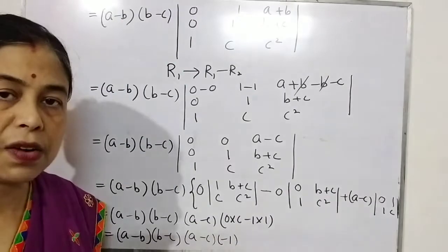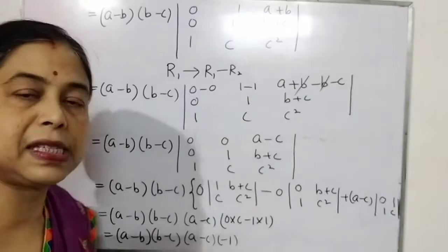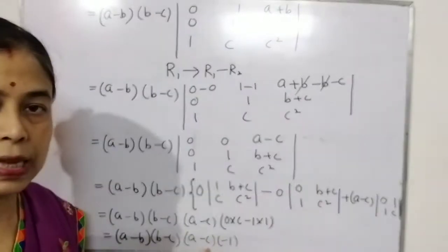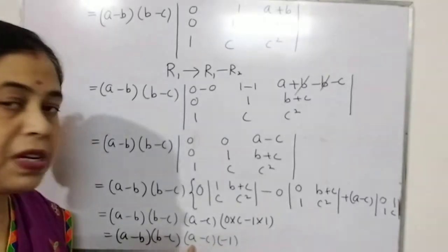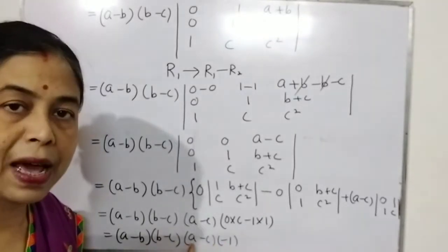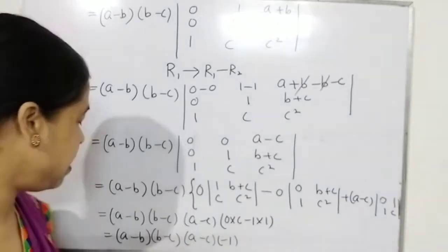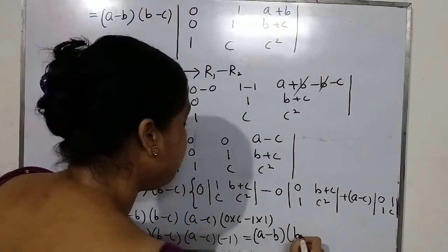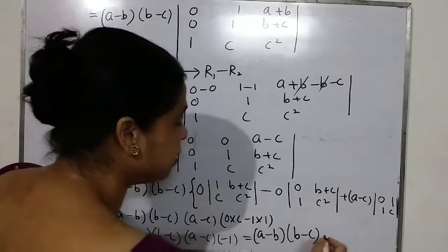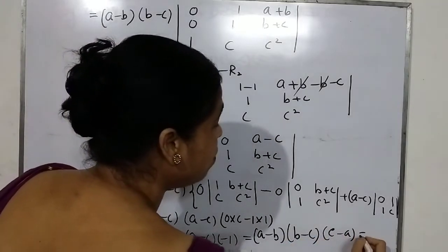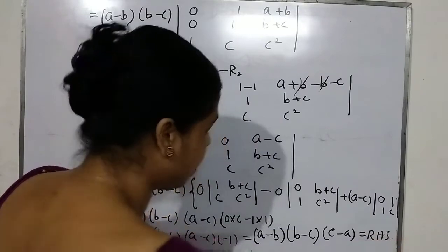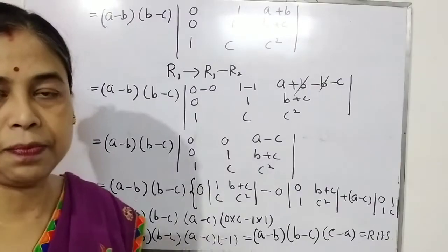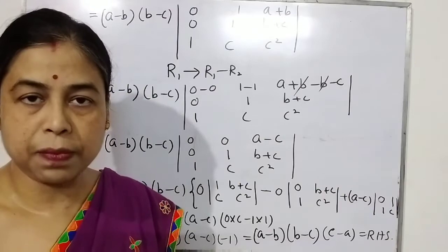Now you see in your answer we need a minus b, b minus c, c minus a. I don't require a minus c. So let us adjust this minus sign with the third term. That means multiply the third term by minus sign. That will give you a minus b, b minus c. This c becomes positive, so c minus a, which is your right hand side, and this completes the proof of this result. Hope you understand the procedure.